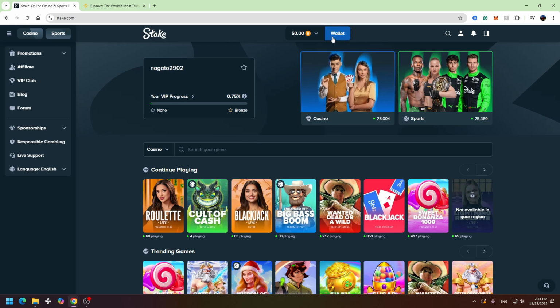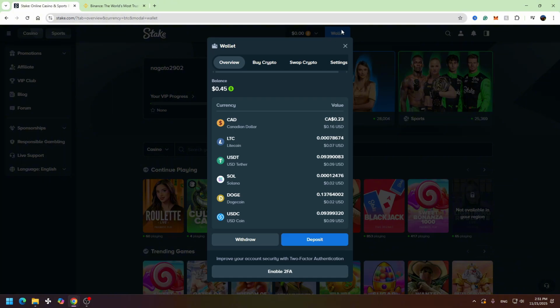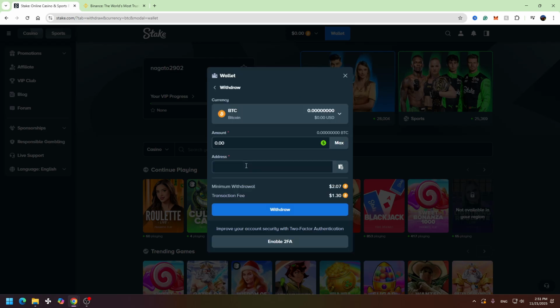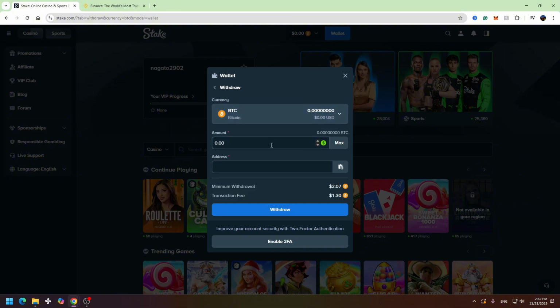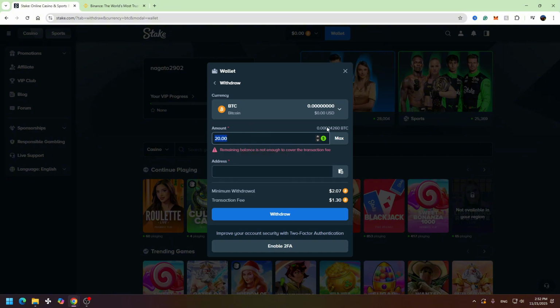After that, you need to click the wallet at the top of the page, and then you need to select withdraw. Right here, you need to select the cryptocurrency we want to withdraw. In this case, I will show you how to withdraw BTC Bitcoin, so we'll choose Bitcoin. After that, you need to enter the amount you want to withdraw, so you need to enter the money in dollars. For example, I want to withdraw $20 worth of Bitcoin, and as you can see, the minimum withdrawal is $2.07